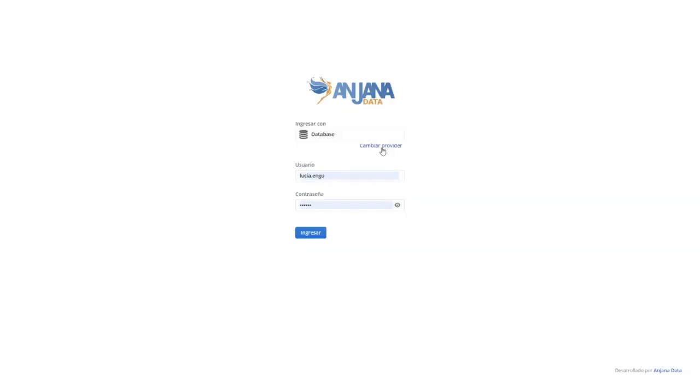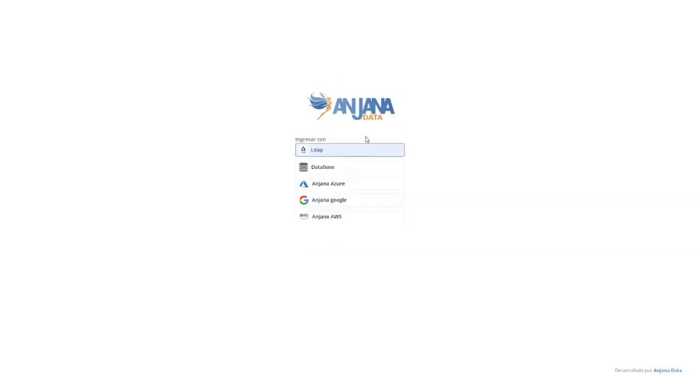Now let's access the data portal where we can see one of the platform's key capabilities, the integration between Anjana data and our platforms, which in this case is the ability to integrate with identity management systems so that users can authenticate using their corporate credentials. We can see that Anjana can integrate with corporate LDAP systems as well as with the different identity management systems